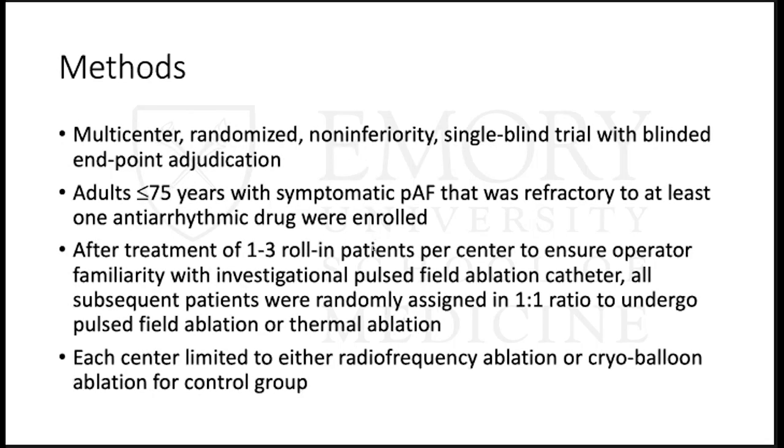So for the methods, this is a multi-center randomized non-inferiority single-blind trial with blinded endpoint adjudication. This was done in the US across 30 centers and roughly 65 operators. The adults were under the age of 75 with symptomatic paroxysmal AFib that was refractory to at least one antiarrhythmic drug. And then after treatment of 1 to 3 roll-in patients per center to ensure that the